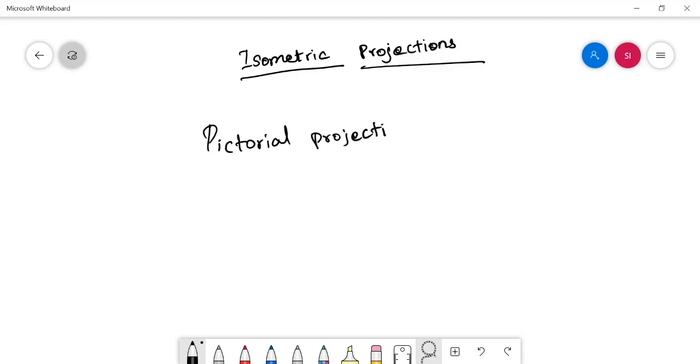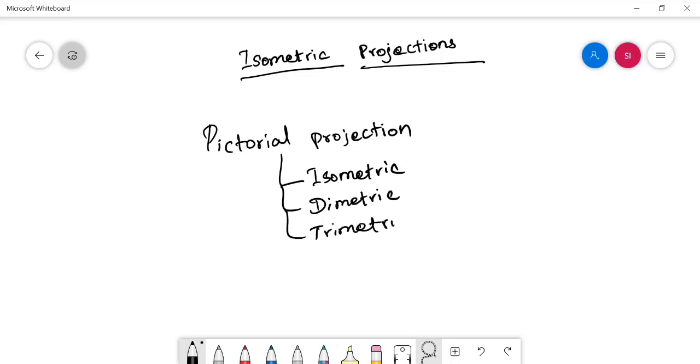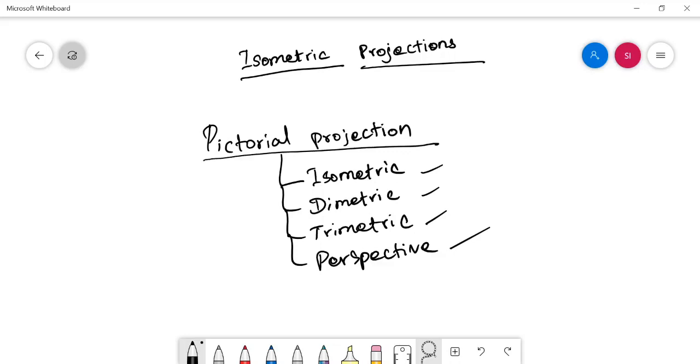This pictorial projection has various varieties: isometric, dimetric, trimetric, and perspective. So isometric projection, dimetric projection, trimetric projection and perspective projection are the various methods used to develop three-dimensional views of objects, and they come under the name of pictorial projections.